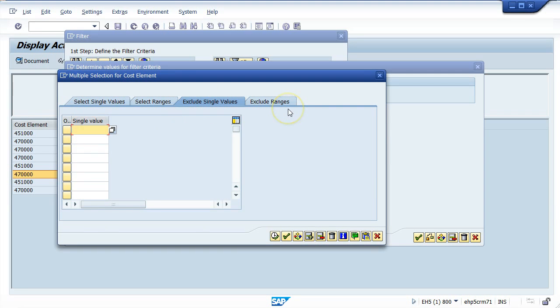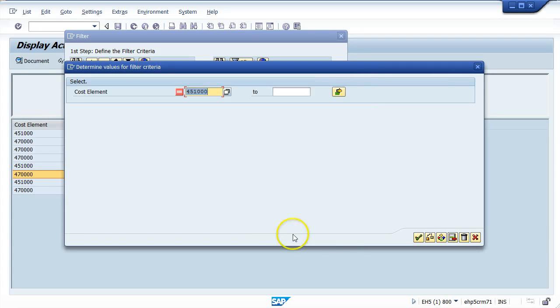So let me enter those in: 451000, and on the second line I'll enter 40. So now I'm telling the system, instead of wanting to only see these two columns, I'm wanting to see everything except these two columns. So I'm going to continue by clicking the clock icon, and you'll notice something that happened